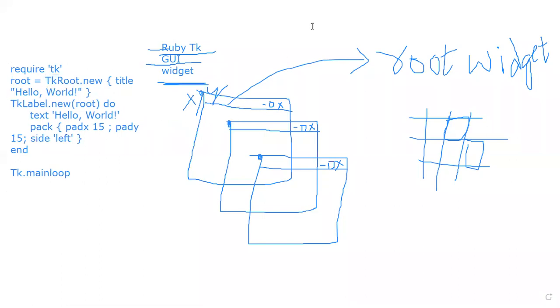Okay, hello world, it is going to show here. Hello world title. Okay, this is the title. And text, what is the text you are going to display inside this one. For example, consider these two widgets are not there, then inside the first root widget is having a message called hello world. So that is the text you are displaying.